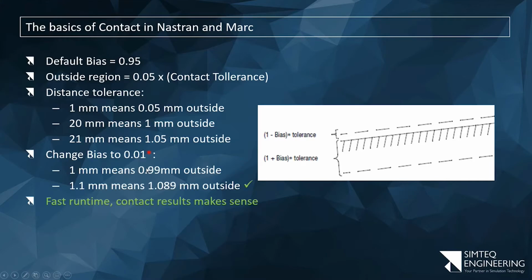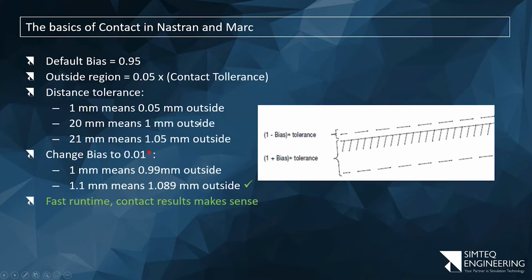Okay, so I run the analysis. It runs a lot faster than the previous one, where I made the tolerance 22 millimeters, and the contact results make sense. Why the previous model? If I use this 21 millimeter without a bias, why does it run so long? Because now it needs to check a lot more nodes and faces, and it may even get stuck to the wrong face, because a face somewhere over there may be within 21 millimeters. Or if it's a plate shell element, in other words, it may get stuck to the wrong side of that shell element. And because it needs so many more checks,